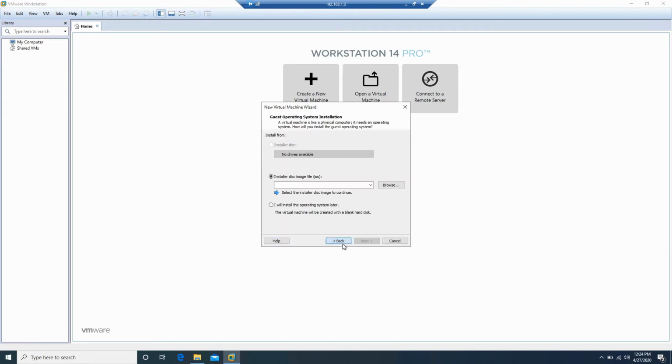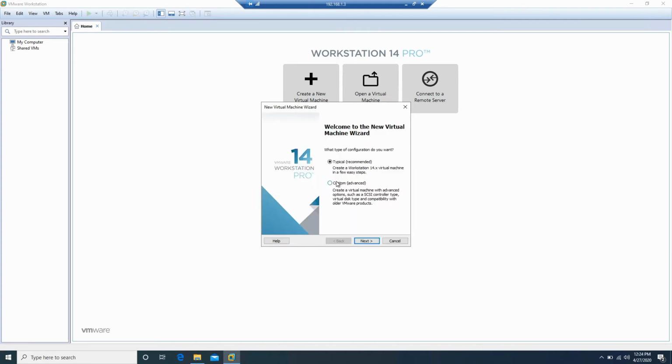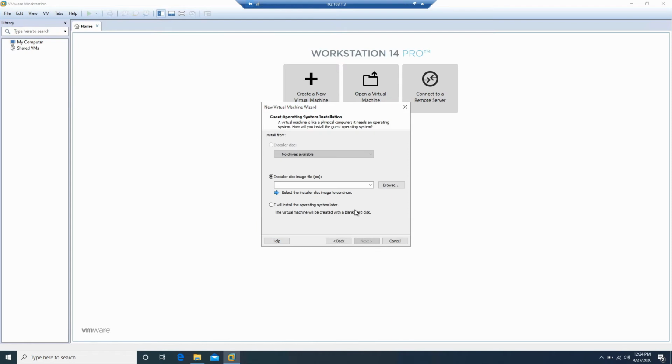Custom is where I have to do all the custom settings by myself, and I may not be aware of all the options it will provide. So I'll go with Typical. Now it is asking for the installer disk image, in that case an ISO.